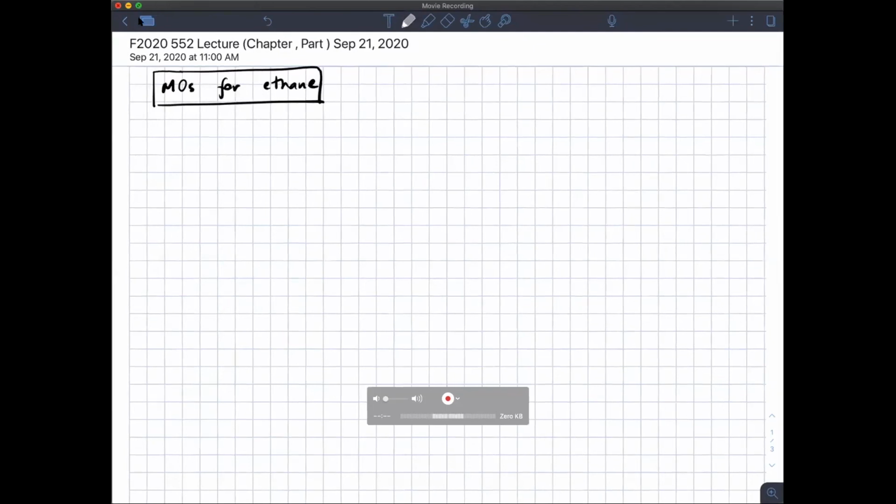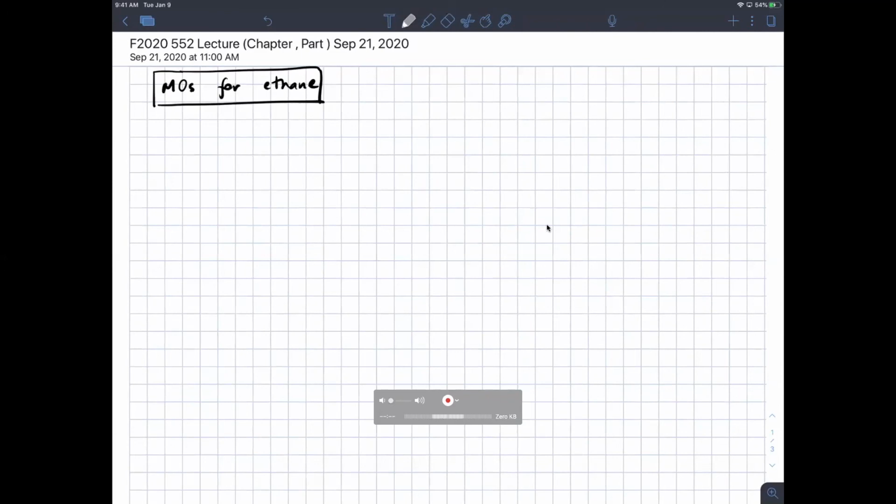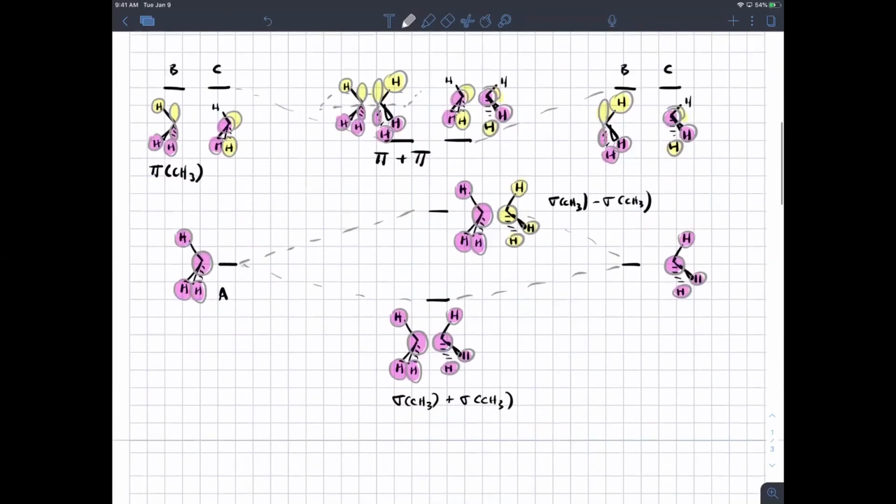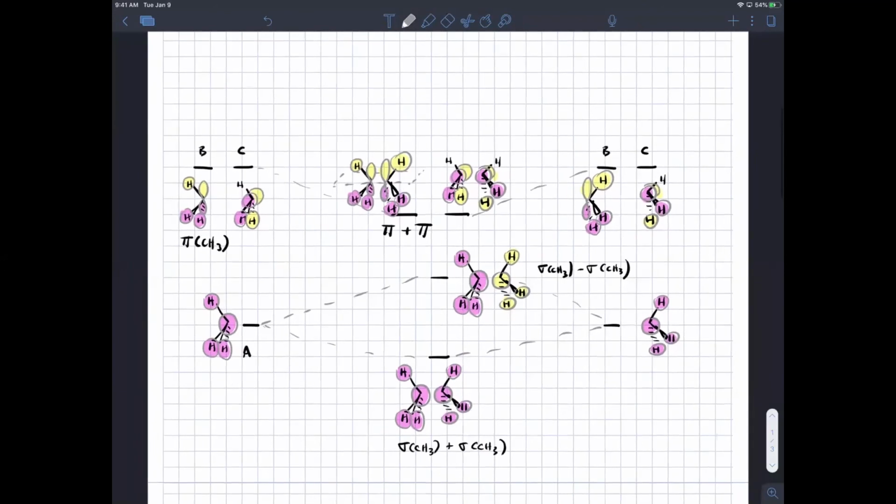Okay, last time we were talking about generating molecular orbitals for ethane based on group orbitals for pyramidal methyl that we had derived. We had gotten to the point where we mixed the two lower energy sigma methyl groups together to give us the in-phase and the out-of-phase combination. There's not a huge amount of splitting here upon mixing. By that I mean the bonding orbital and the anti-bonding orbital don't have a huge energy difference, because there's not a huge amount of overlap between these two